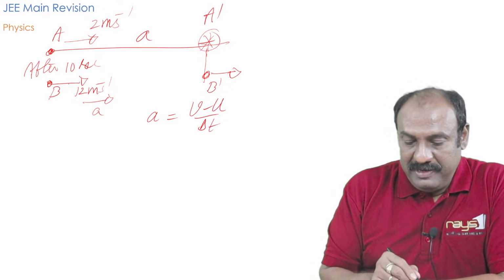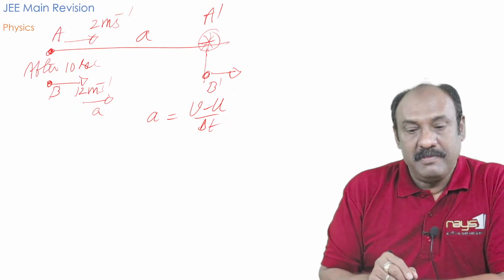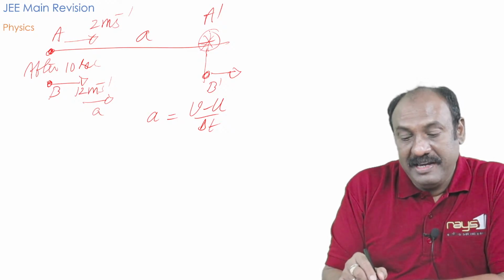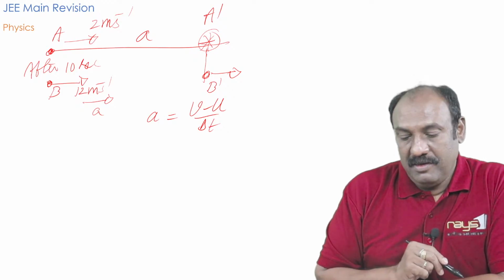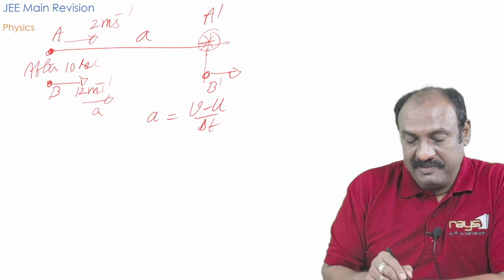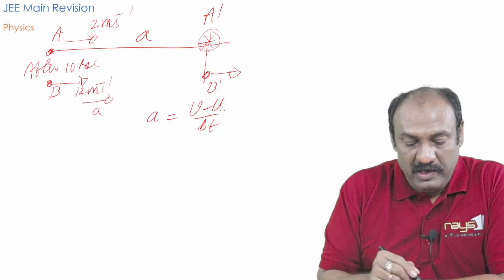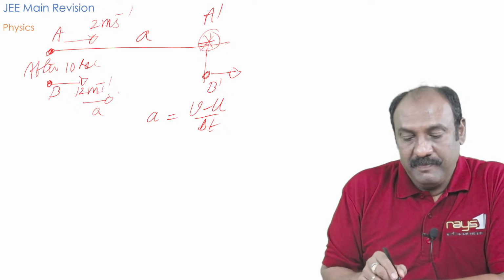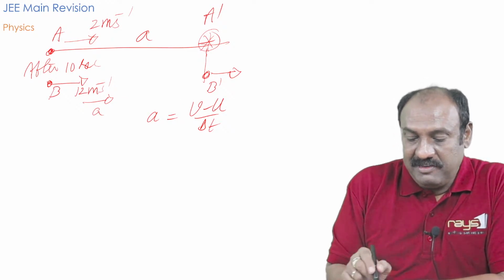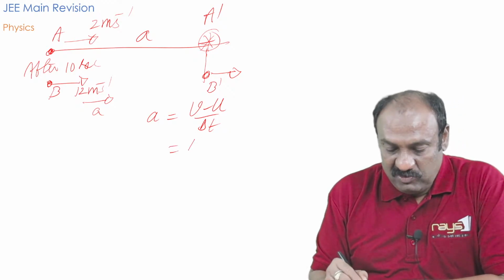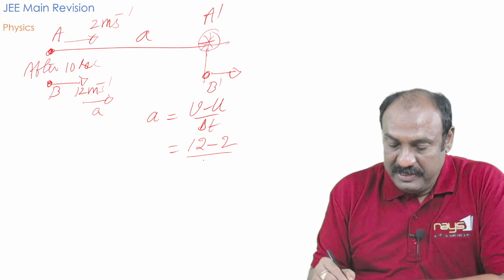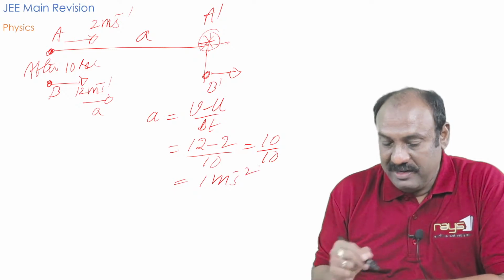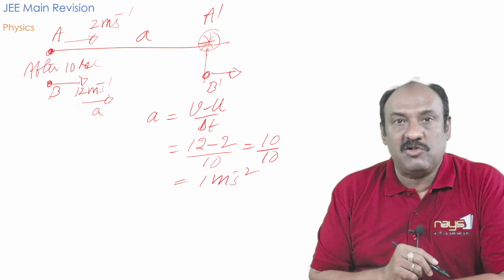So here this can be taken, it moves with constant speed. It starts with speed 12 meter per second and reaches overcoming A after this time interval. So I consider 12 meter per second as final velocity of B with respect to A. If I consider B with respect to A, then this velocity is taken as V and this velocity is taken as U. Time interval is given as 10. So it is 12 minus U value 2 by time interval 10, that is equal to 10 by 10, that is equal to 1 meter per second square is the acceleration at which both has to maintain,